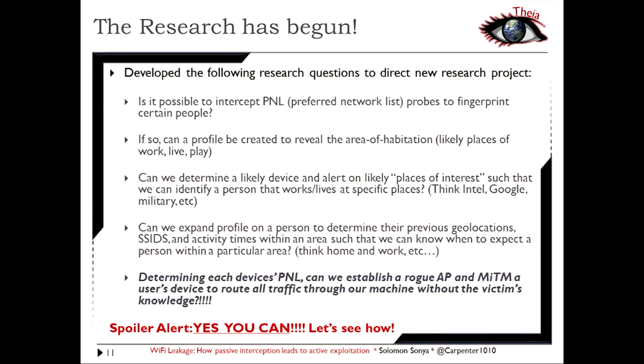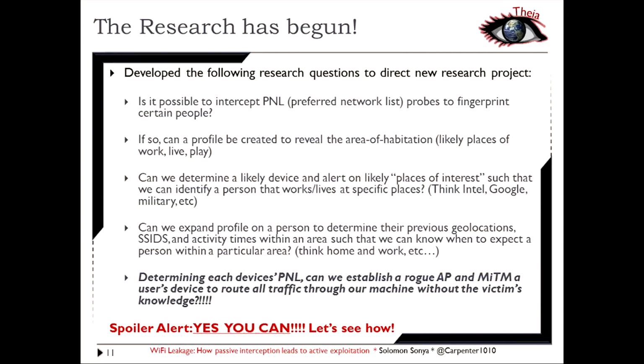Your preferred network list is a series of different SSIDs, your service set identifiers, the different Wi-Fi names that you've connected to in the past. These are saved on your phone, on your laptops, and on every single device. So as soon as you come within the area, your phone automatically, yes, automatically, connects to the network that you